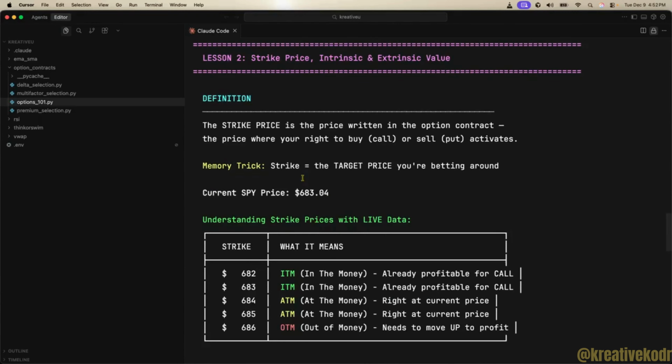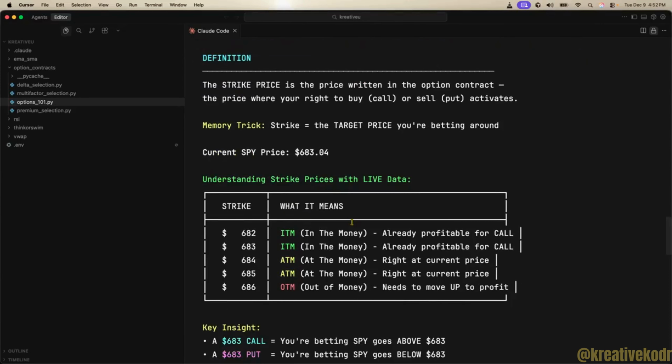So the current price for SPY is 683, right? Again, SPY is the S&P 500, the top 500 companies within the New York Stock Exchange. And here is understanding the strike price. So we have in the money, at the money, and then out of the money. We're going to go over this, but right now I want us to focus on